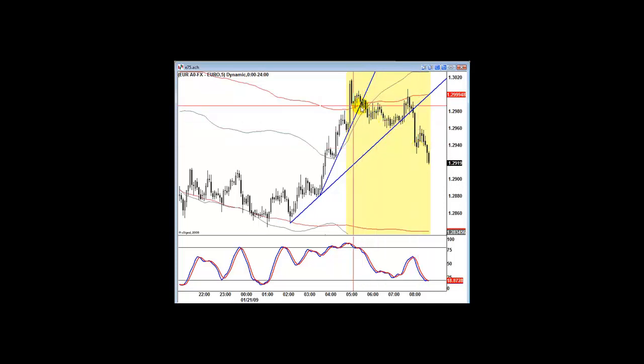So there was the entry setup, overbought stochastic. That was the first trade. I'm also going to be talking about stochastic divergence, which makes things a little bit more complicated, but there was a second entry there through the Bollinger Band, nice reversal candle, breakdown below the trend line. So what I'm trying to do is point out entry setups here, and not the trade itself. So there was a setup there, there was a setup there,